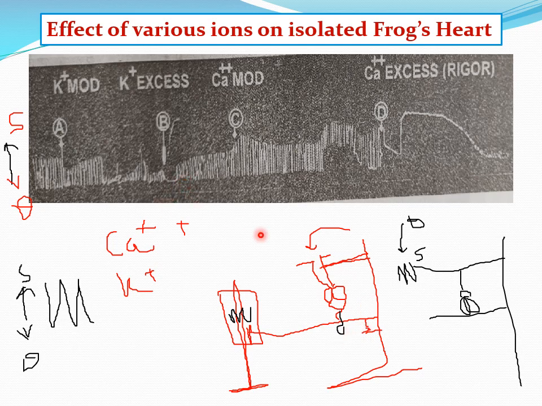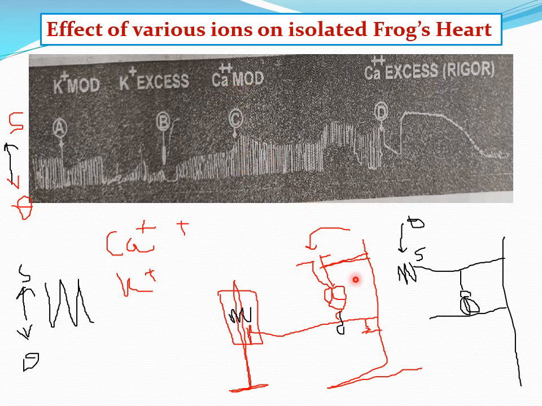Okay, then just pour the Ringer solution on the heart and vanish the effect. Then the heart will recover and start beating. Then see the effect of moderate calcium. Take calcium chloride diluted but in moderate amount, and you see the initial effect: there is an increase in height and rate of the heart. Height of contraction increases and the rate of contraction also increases. This is the effect of moderate calcium.